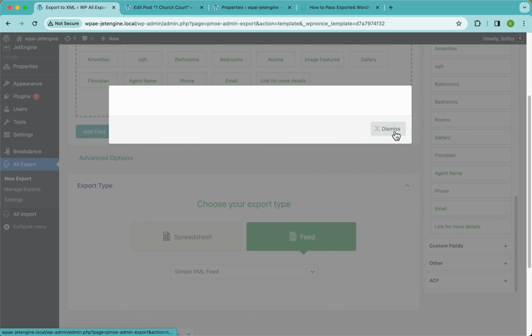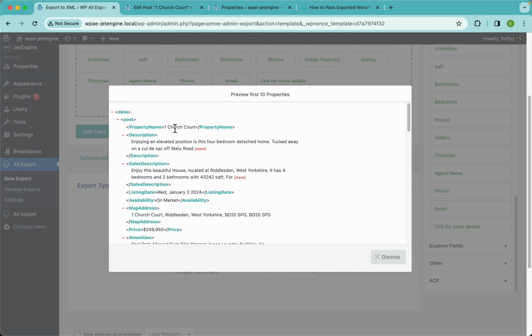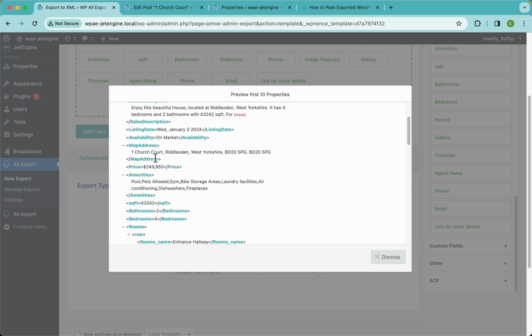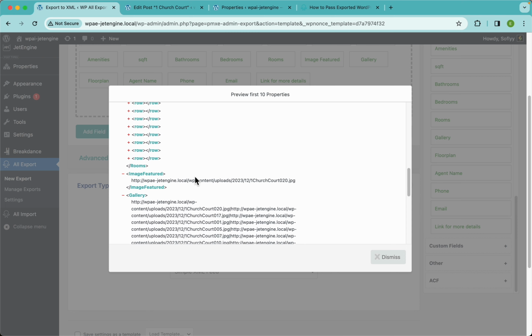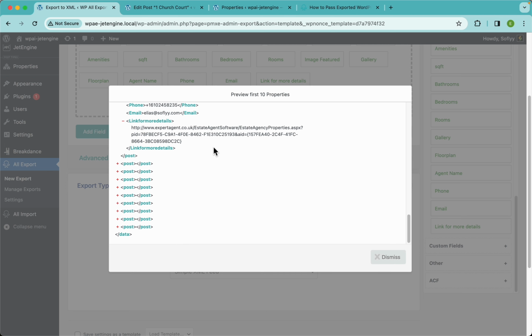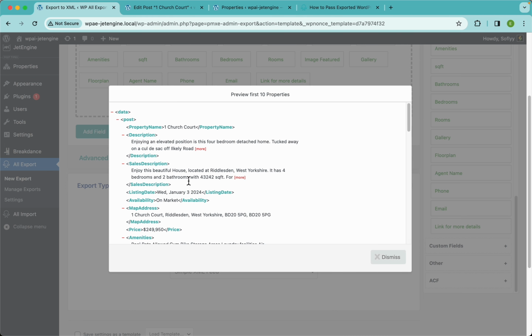And if I hit preview here, you will see that we have exactly the same data, exactly the same column names, exactly the same functions here on the amenities field. You can see the listings date is still with the date format we used. All of the data is right here, just in XML format. All right, so guys, you know you can export this in other file formats